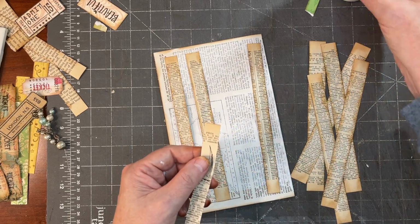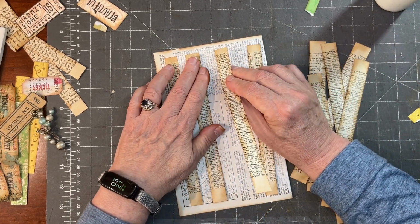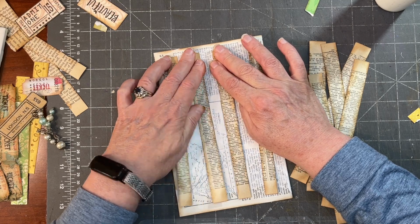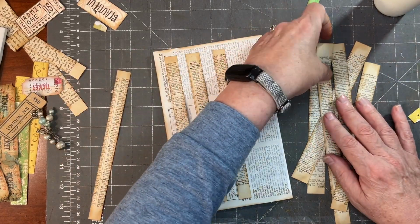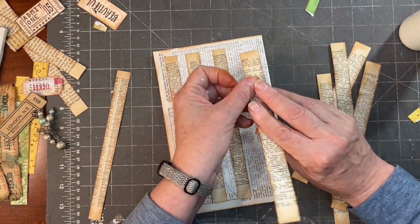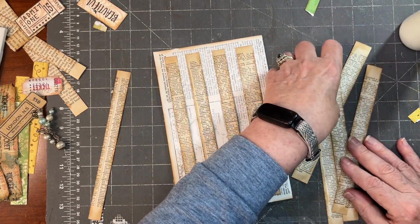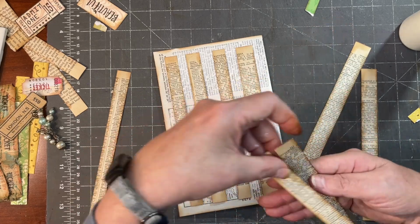I also ran across a piece of ribbon that sort of gave me that kind of trellisy sort of feel. I might see if I can work that in as well. There's that. And